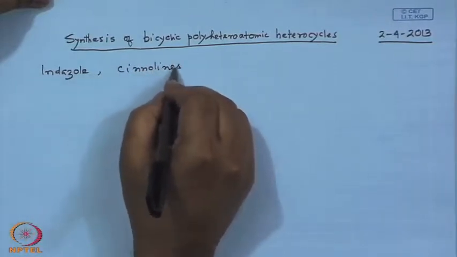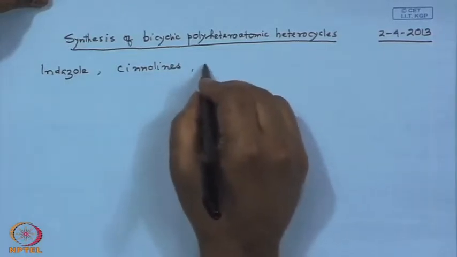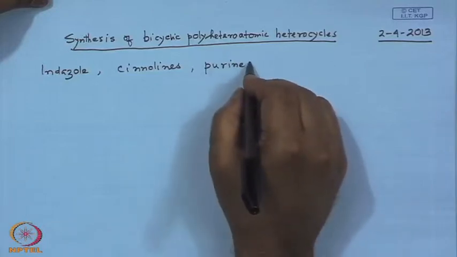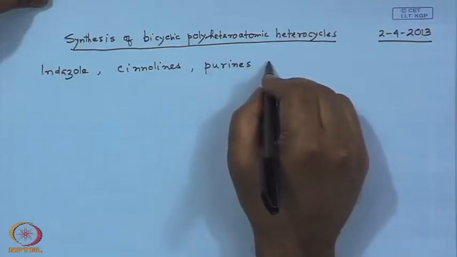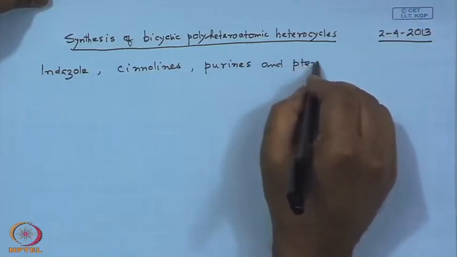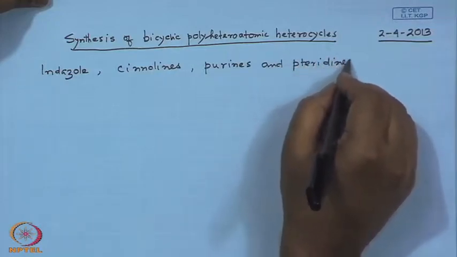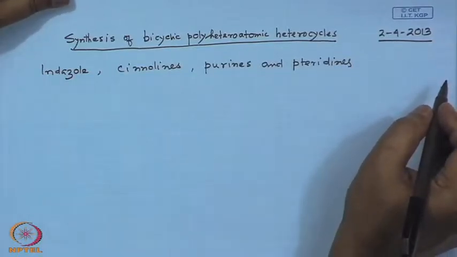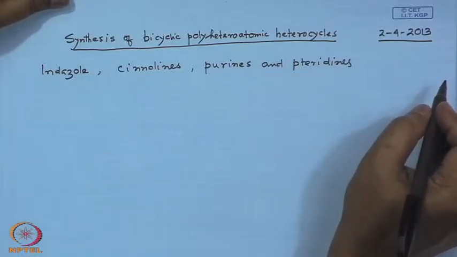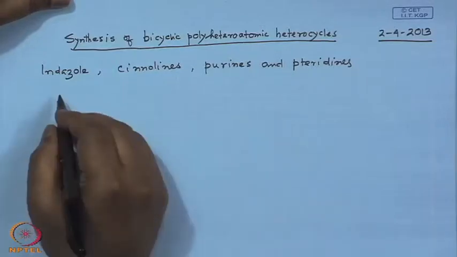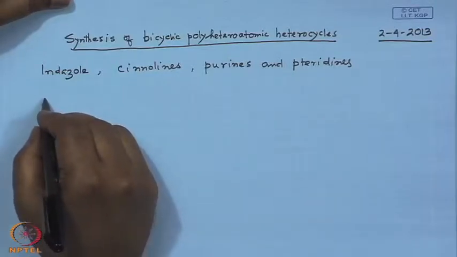cinnolines, then the third one is well known to many of you, known as purines, and the fourth one is known as pteridines. So, I have selected only 4 of them under the category of bicyclic polyheteroatomic heterocycles, and before we start I think we should be able to know the